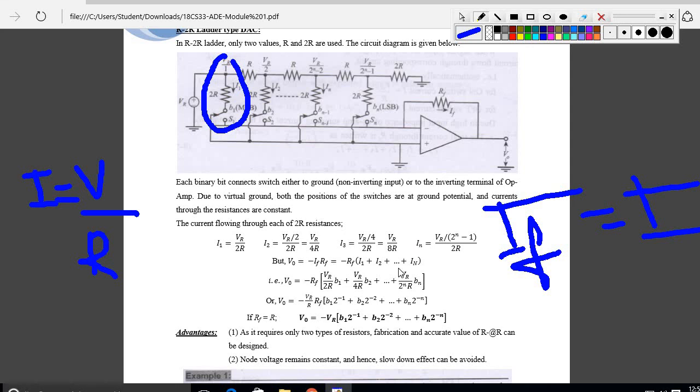Okay, so after rearranging, we substitute I1 is equal to VR by 2R into B1. Same thing again here, it is also VR divided by 2R. What is the digital input connected to this branch? It is B1, right? So multiply by that, that is B1. So VR divided by 4R for this one, and B2 is the digital input of that particular branch, that is B2. Like that you have to multiply. Again, after rearranging you will get this expression. Is it clear?